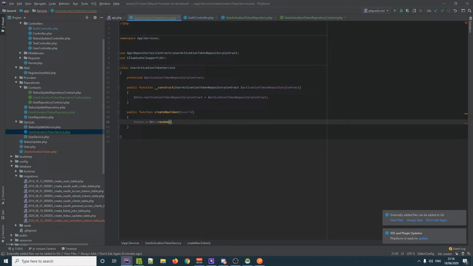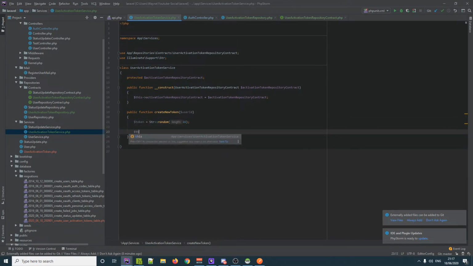And we're going to declare how random we want this to be. So how long do we want it to be? We could make, I don't know, let's go 16 in length. So not too long, because we might have to change the database if it's too long. So let's just keep it as short as we can. So that's creating our token. And that's just going to be a random number that we're going to put into the database. So now all we need to do is pass into our contract,